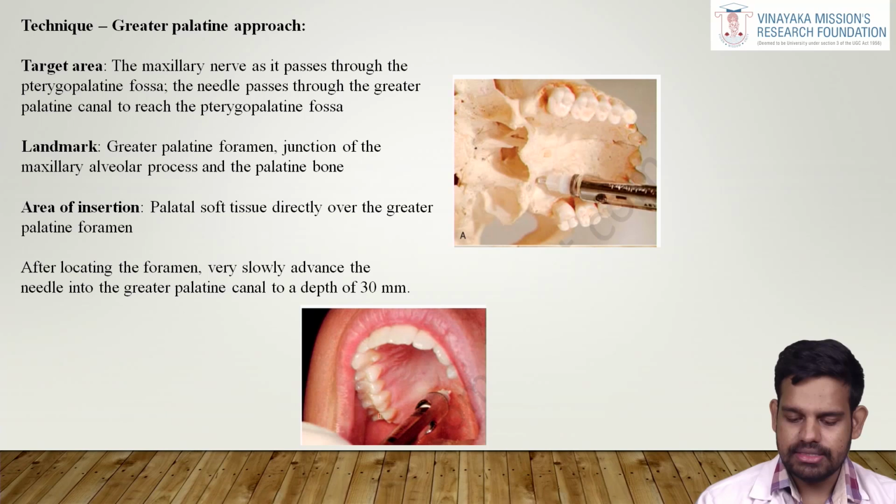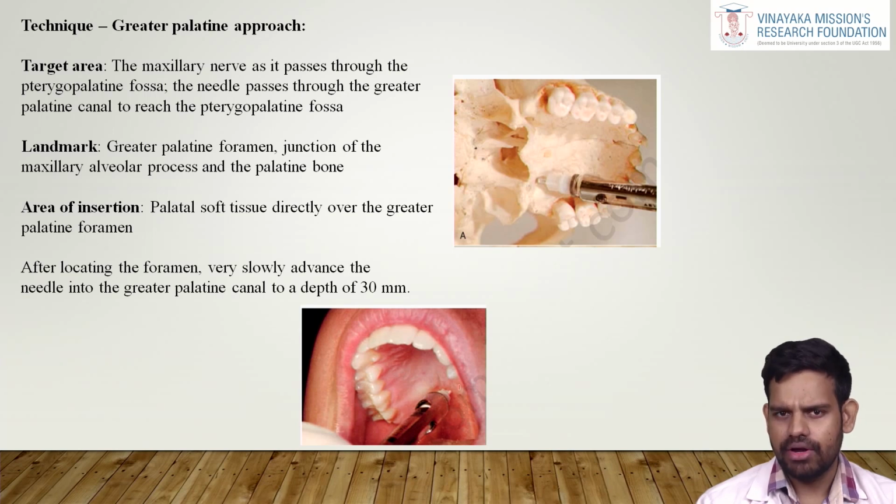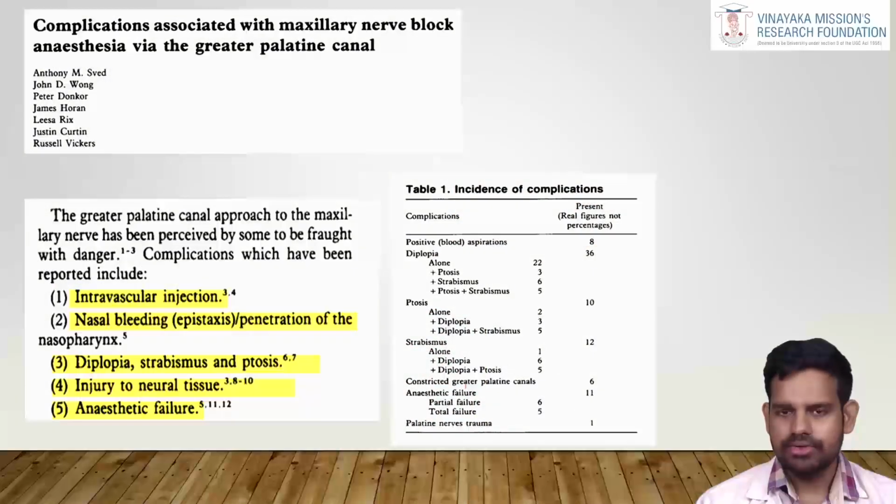So here the needle is inserted from the opposite side. Here we are anesthetizing the left maxillary nerve, so we are coming from the right side. After locating the greater palatine foramen, the needle is inserted into the greater palatine foramen at about 30 mm or 3 cm. The complications associated with the maxillary nerve block anesthesia via the greater palatine canal are